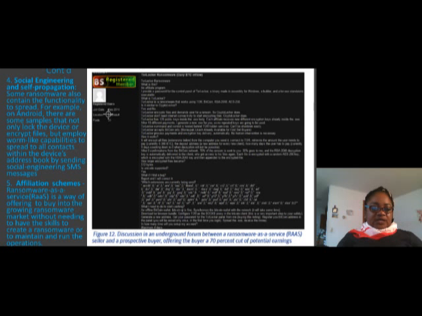Ransomware as a service is a way of buying into the growing ransomware market without needing the skills to create the ransomware or to maintain and run the operations. This is a discussion online between a potential ransomware as a service seller and a prospective buyer, offering a 70% cut of the potential earnings.